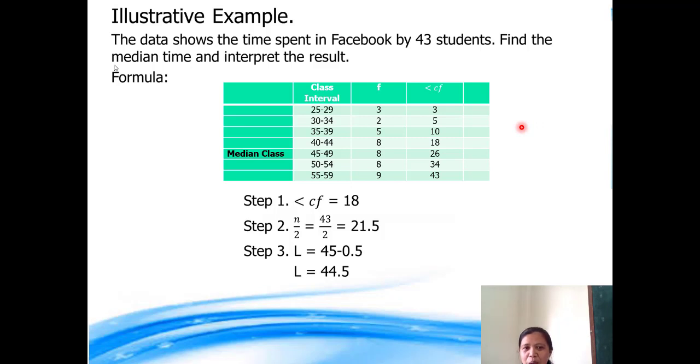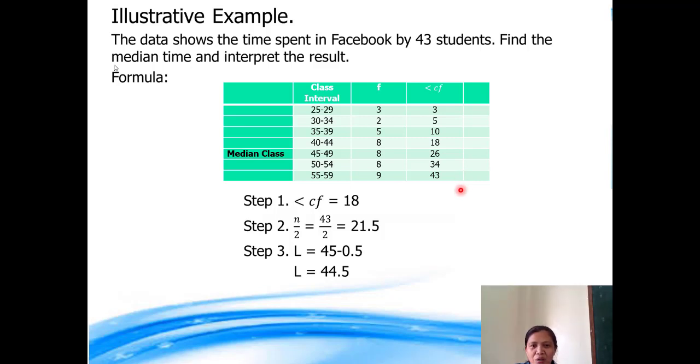So we have 3 plus 2, 5. Then we will just follow the same step, and therefore we come up with the last less than cumulative frequency, which is equal to 43 for the last class interval. So we have our less than cumulative frequency equal to 18, and